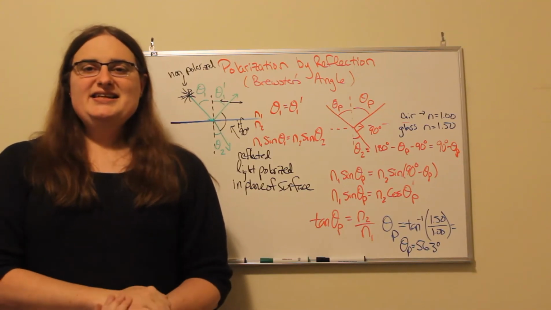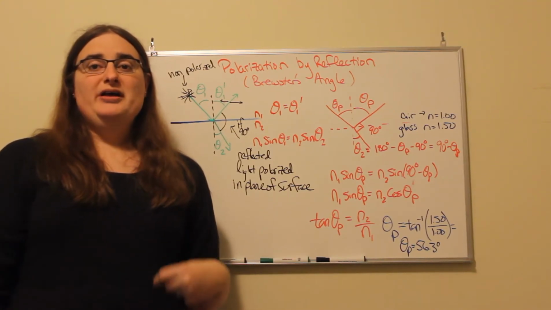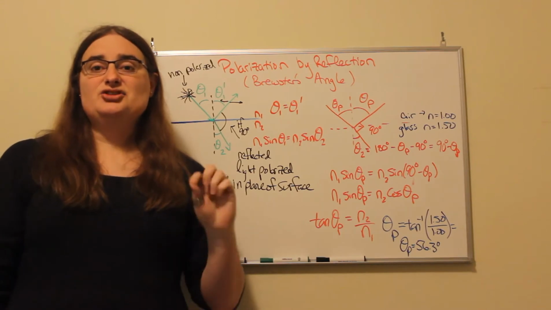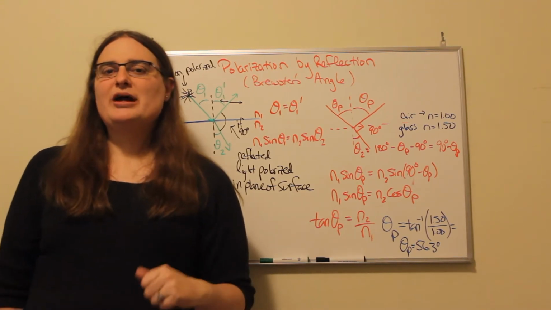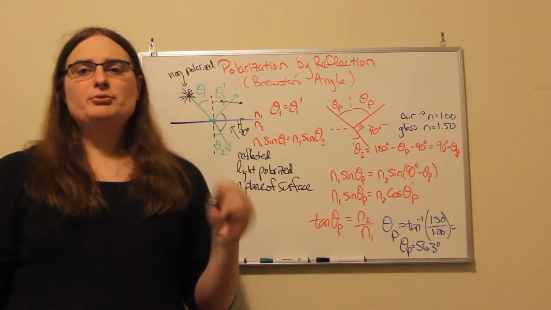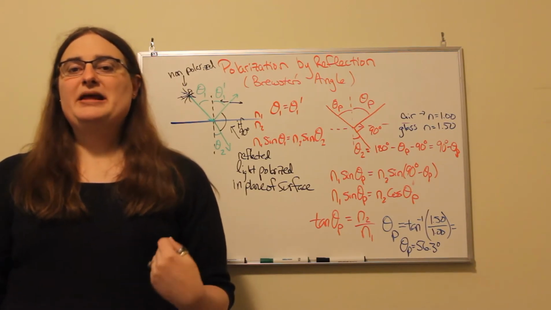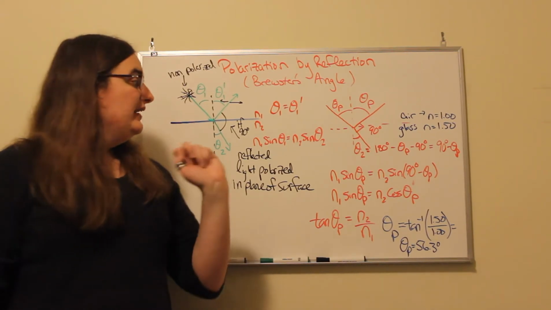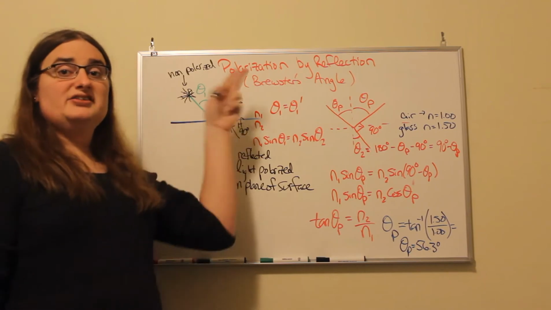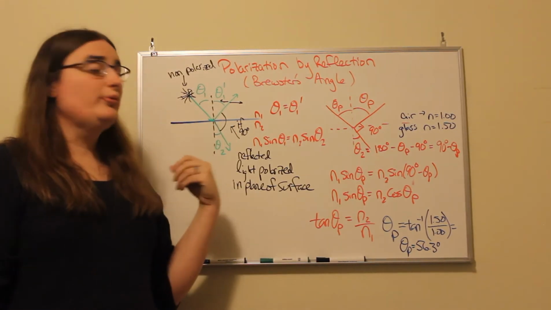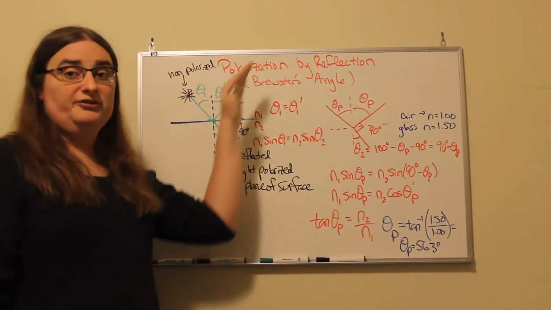Hi, let's take a look at what happens when unpolarized light strikes a surface at just the right angle, which we call Brewster's angle, and ends up getting polarized. Now, whenever light strikes a surface, there are always two rays that we're going to deal with, a reflected ray